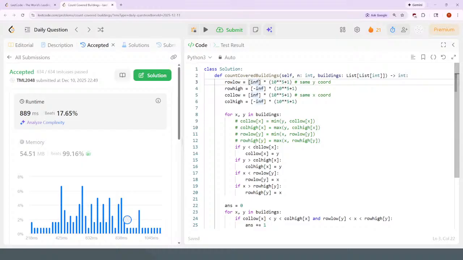So the row low is, let's say, buildings at 0, same y coordinate, so it should be the x coordinate. Row low, yeah, should be the x coordinate. So something like buildings at 0 the x coordinate, buildings at 0 the y coordinate. No, just still also the x coordinate. Actually,